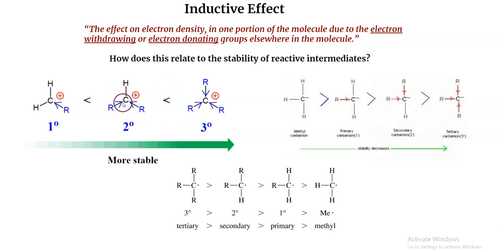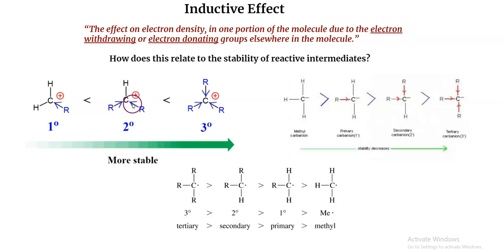Okay, so you have a positive center. If you are withdrawing electron from the positive center, you are making the positive center more positive, which means more reactive and less stable. So if there are electron withdrawing groups around the carbocation center, that's going to make the carbocation less stable. But if there are electron donating groups around the positive center, that's going to make the carbocation less reactive and more stable. For example, if there are alkyl groups around the carbocation, those alkyl groups are going to donate electrons,